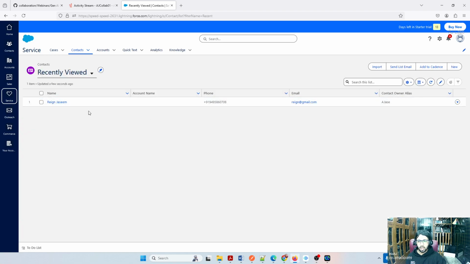contacts, I have a contact, Rain Jassim, which is my son's name. And there is a mobile number registered. So I need to add all the registered users here. That's how the database works, right? They will have a database in one fashion or the other. In this example, I am using the Salesforce CRM as my customer database. All the customer details, email address, contact number, first name, last name, everything will be added there. I'll also show you how to add one contact, by the way.